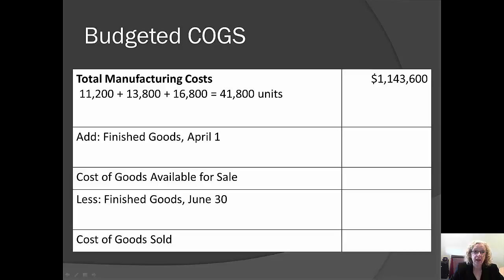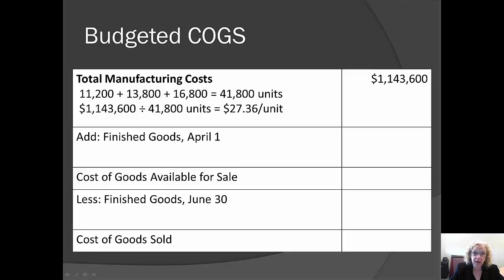We can add the number of units produced in April, in May, and in June to get the total number of units. We can divide 41,800 units into our total manufacturing cost to get the average cost per unit,